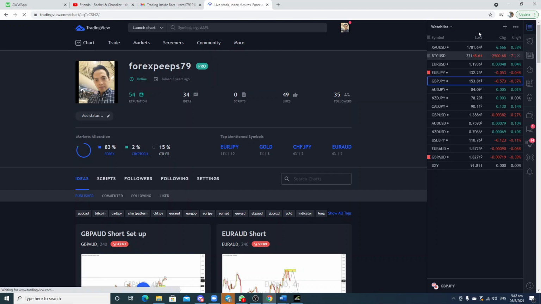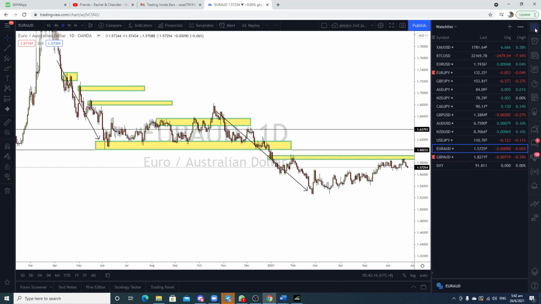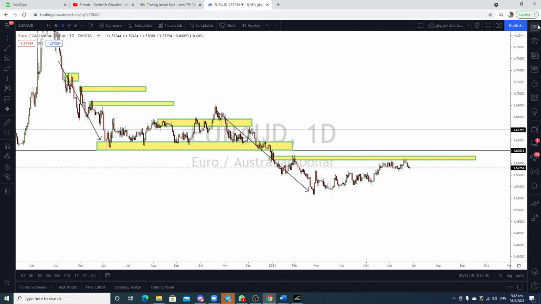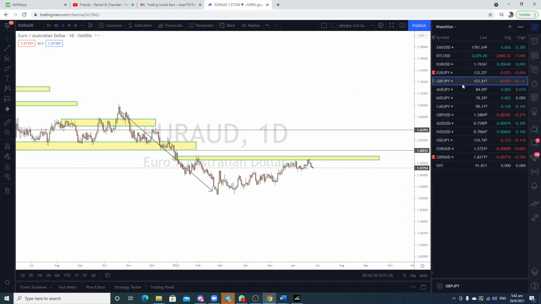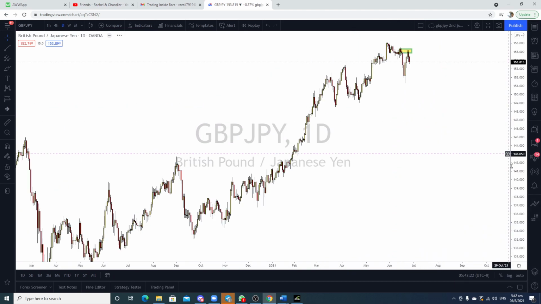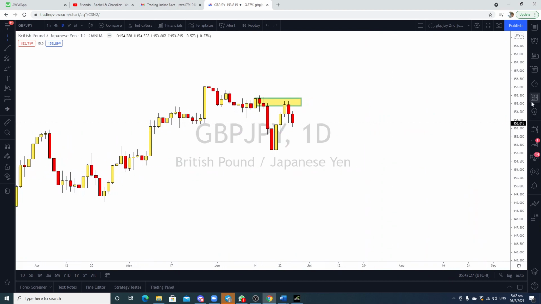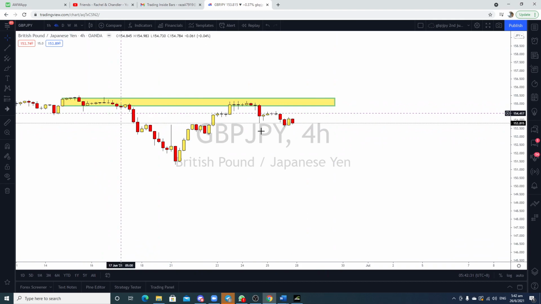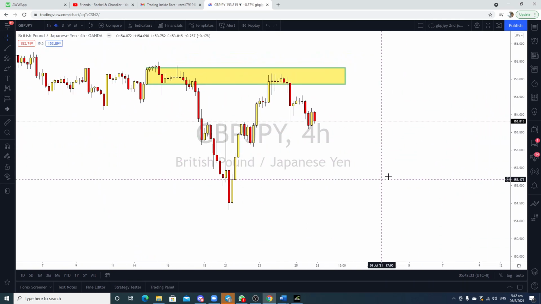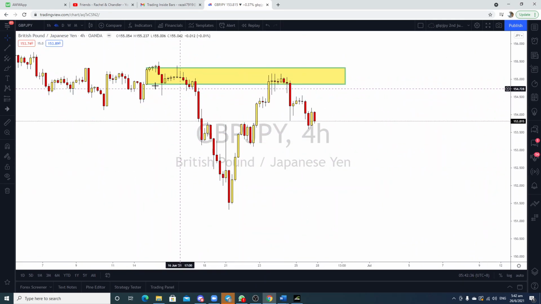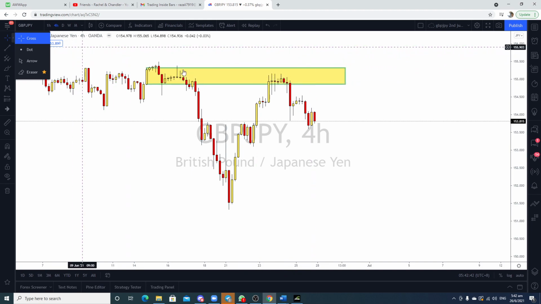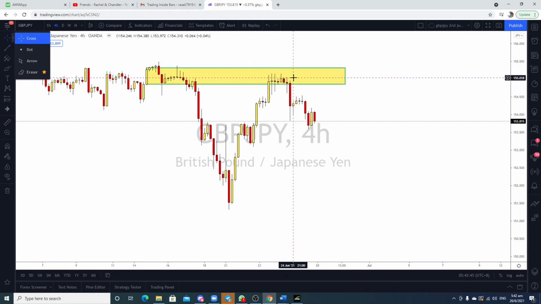Let's look at Pound Yen. Oh, this is Euro Aussie. Let's go Pound Yen. Alright, this is the Pound Yen right now. Okay, since the weekly has closed, we will go to the weekly. So the 4-hour worked, exactly as how I anticipated. After the push down, a retest at the previous supply zone, and then price pushing down, which is movement from here